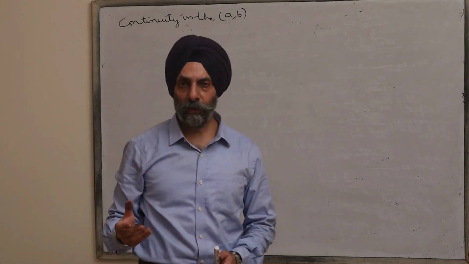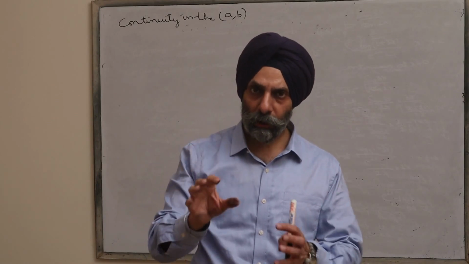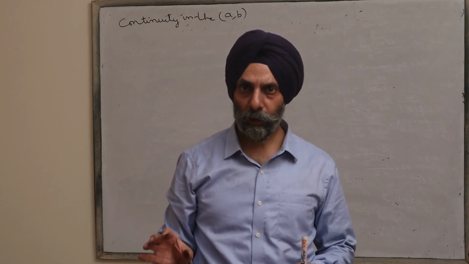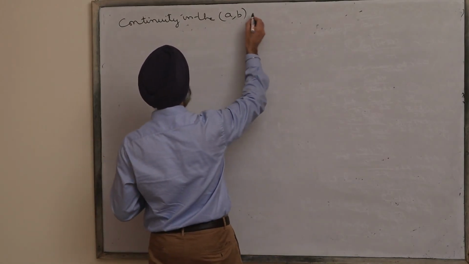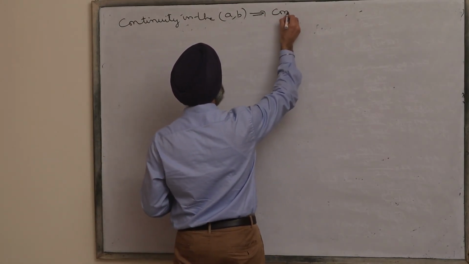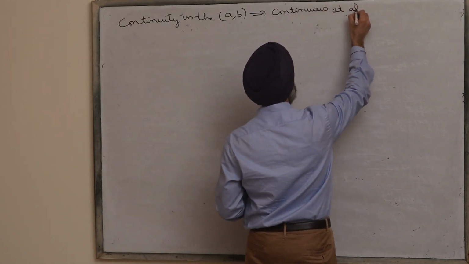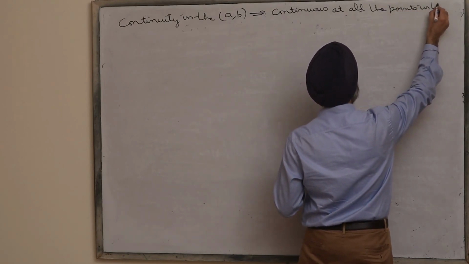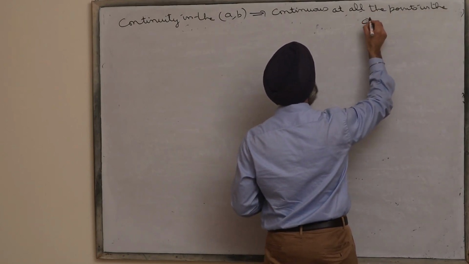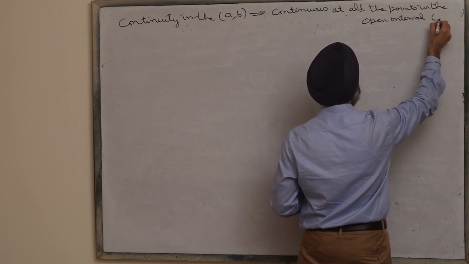A function f(x) is said to be continuous in the open interval AB if it is continuous at all the points within the interval AB. Continuity in the interval implies continuous at all the points in the open interval AB,